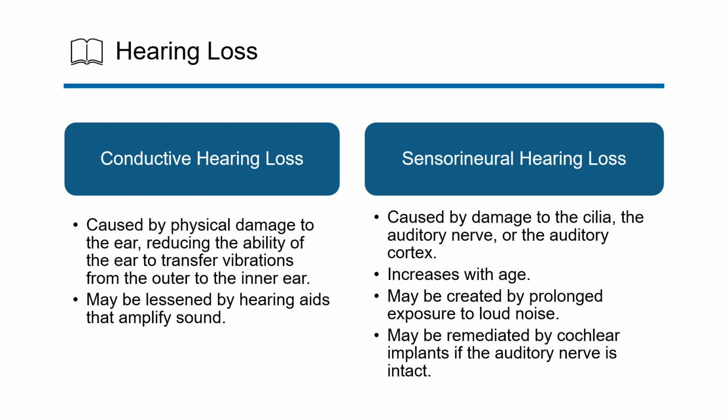Okay, let's talk about two types of hearing losses: conductive hearing loss and sensorineural hearing loss. All right, two different types of hearing loss. Conductive hearing loss occurs because there's a problem conducting sound waves in the outer ear to the eardrum or